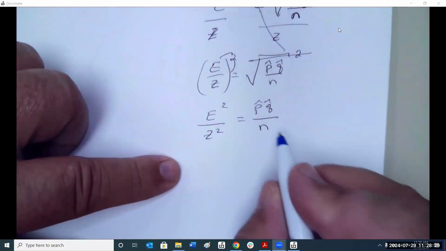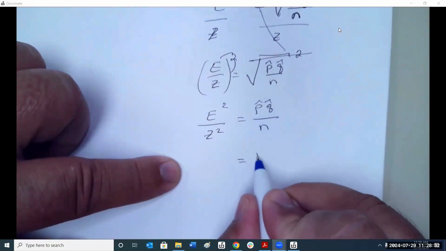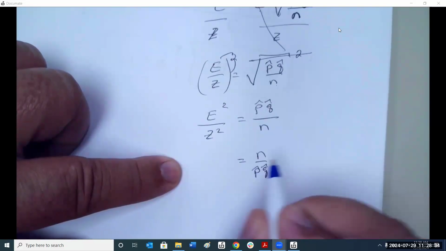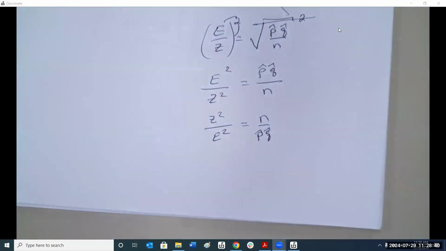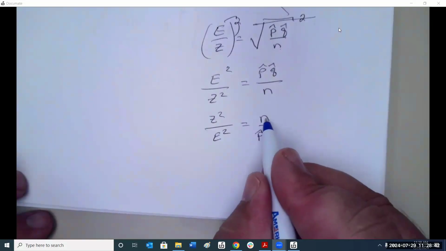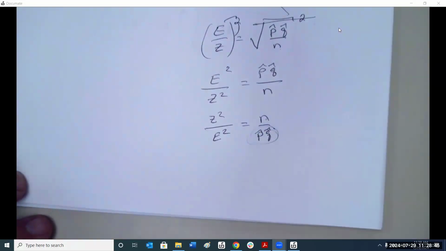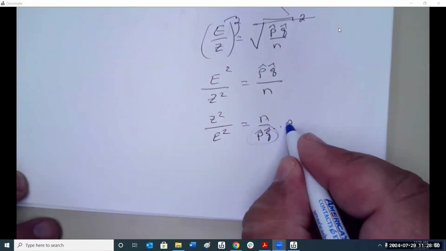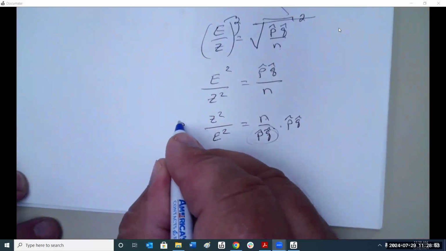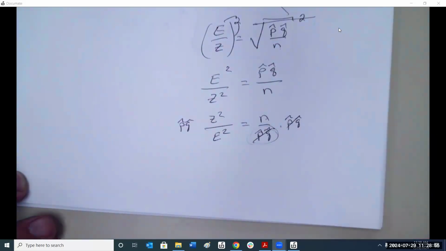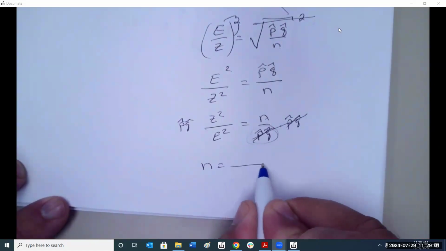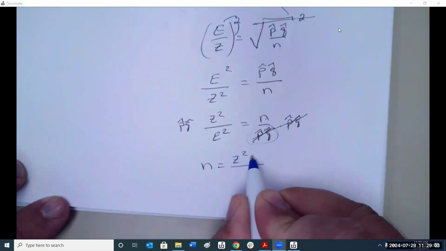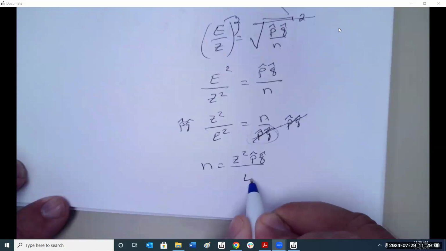Since it's a proportion, I need to have n on top. So I can flip this, which means I got to flip this. I want to get n by itself. I have to get rid of this. How do I get rid of that? Since it's on the bottom, multiply both sides by it. So n is equal to z squared p hat q hat over my